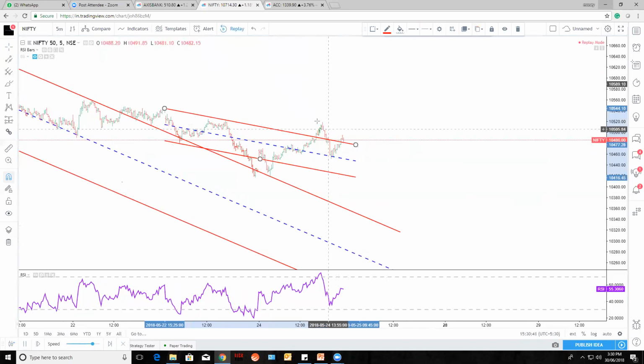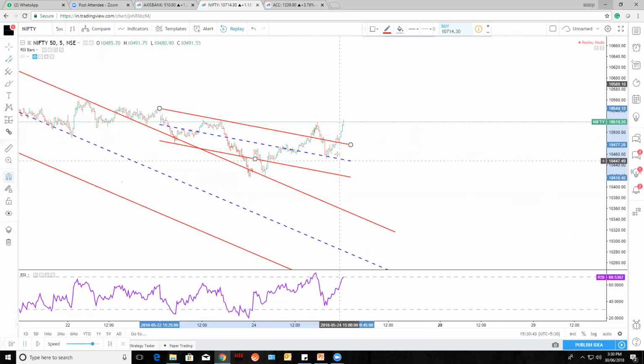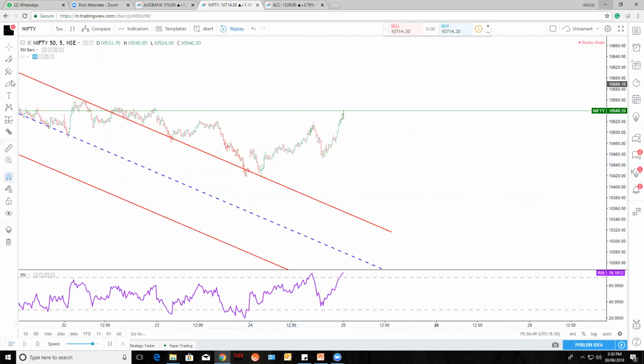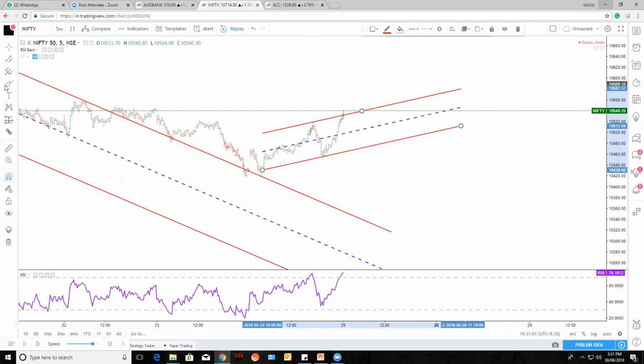Whenever this point crosses, this lower point is valid. I'm just pausing it to tell you. Let's say we got point 1 here, point 2 here, and the third point also crossed the high, then that is a valid point to draw the channel. So draw it a second time and go for the high. So this is a valid one. After that it reached the high. Let's see how it behaves.